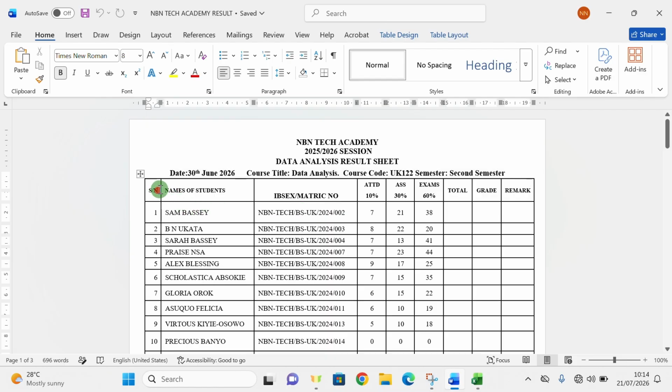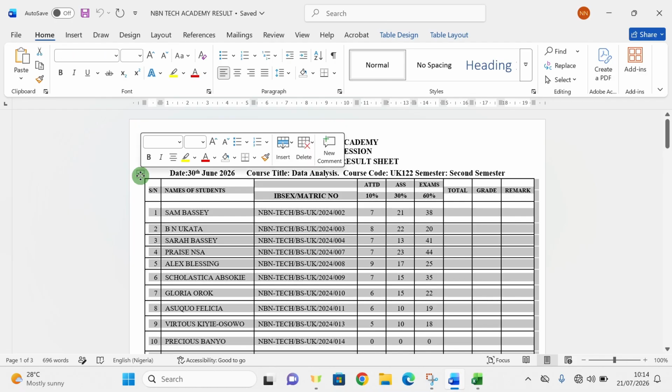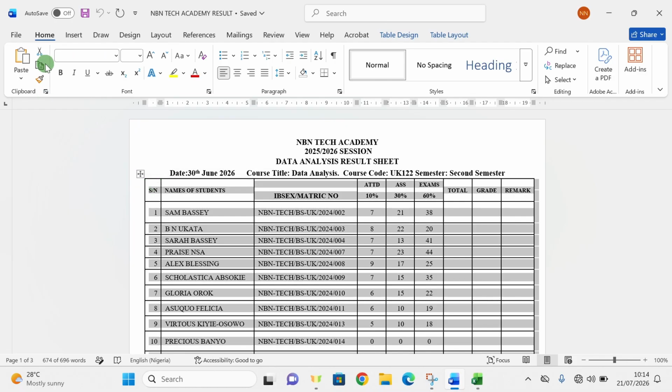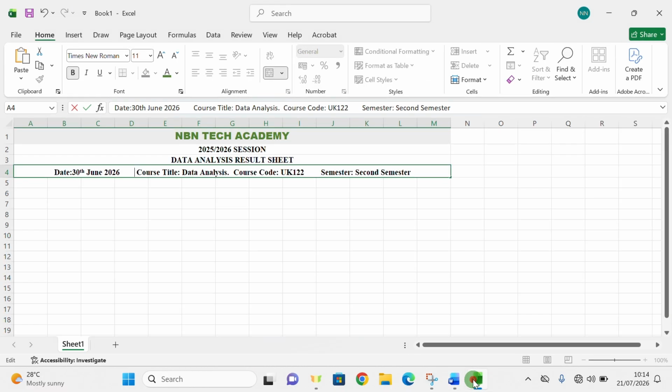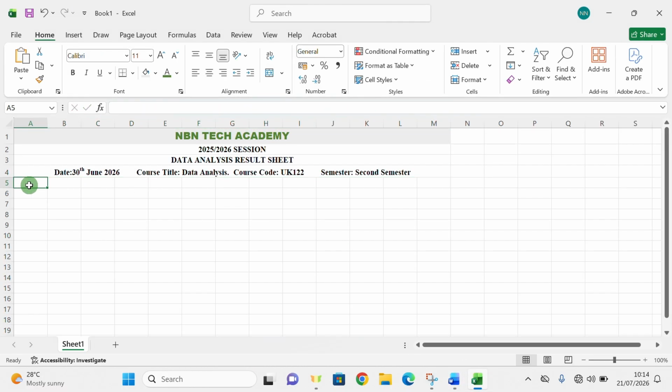So let me select it. Now I'm going to select the entire table by clicking here to highlight the entire table. So I'm going to copy the table and go back to my Excel. Some lecturers will have typed the entire names directly on the Excel, then start the computation on Microsoft Excel. But since we have it in Microsoft Word already, that's how it was sent to me. So we are trying to bring it into Excel so we can get our sum, our grade, our remark. So on cell